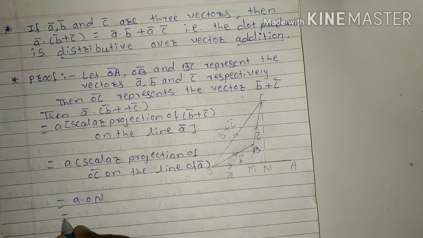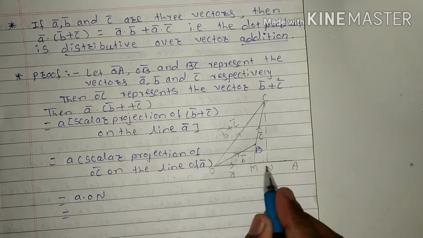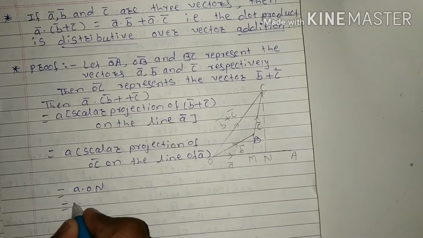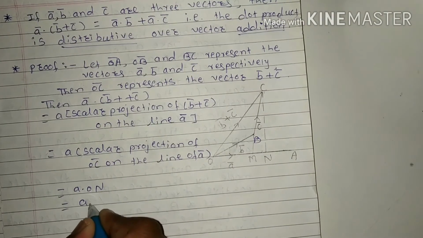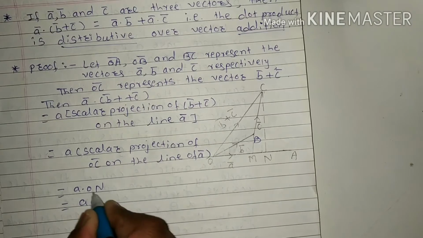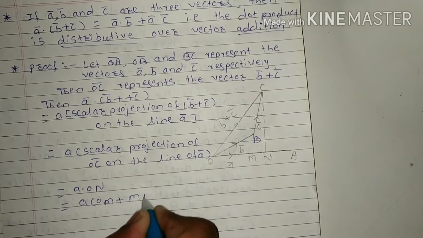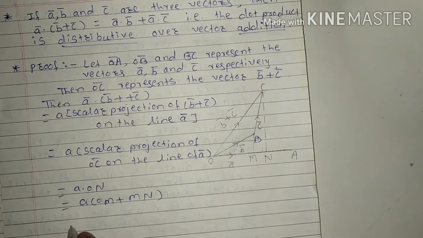ON is the addition of OM plus MN. Therefore, we write here a times the value of ON, which is OM plus MN,